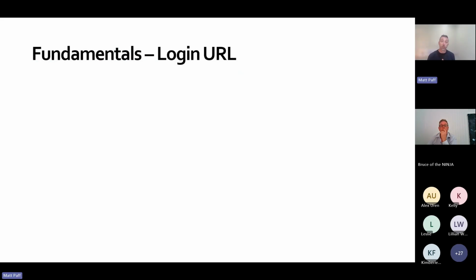Let's talk about some fundamentals of vSure, and this is by far and away the most common reason we get support tickets today. It did change in March. Up until March, it really didn't matter where you logged into vSure from. Whatever URL you could find that had a vSure login screen would allow you to log in. But due to a change in security and in the way our login system worked from March, we are finding clients trying to log into the wrong place a lot. It is by far and away our number one reason for support tickets at the moment.